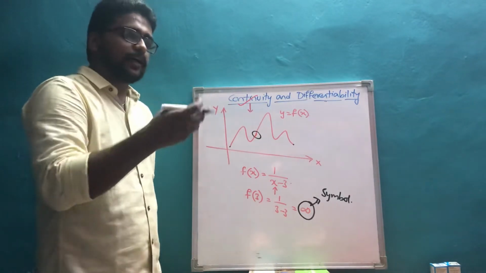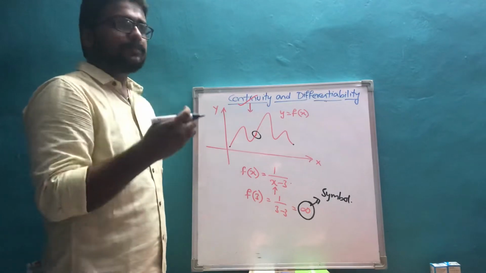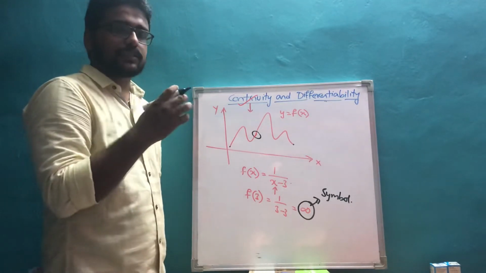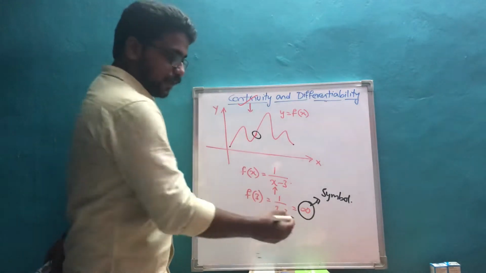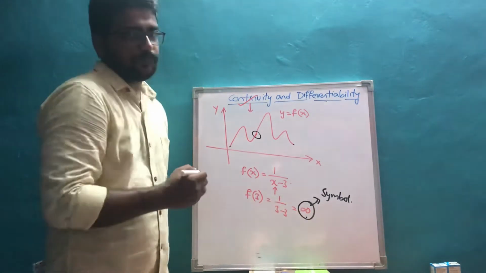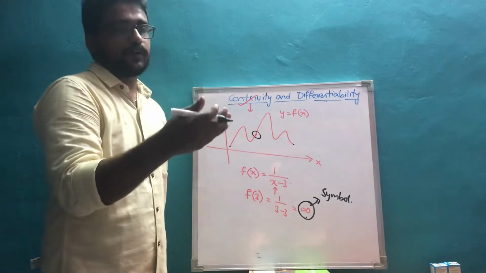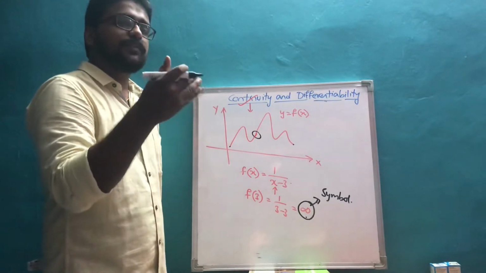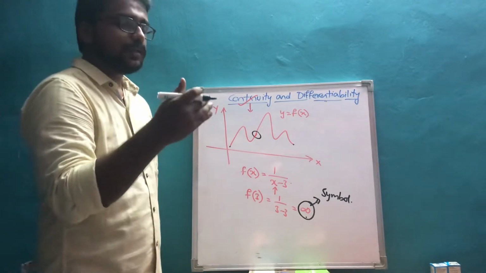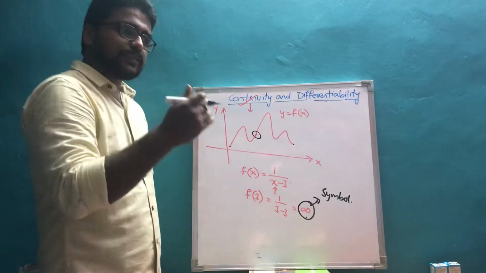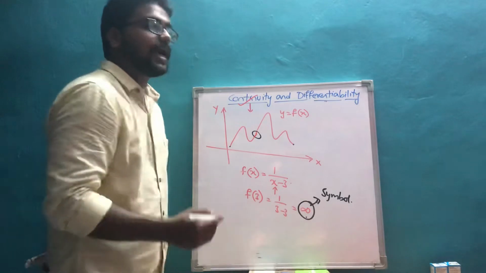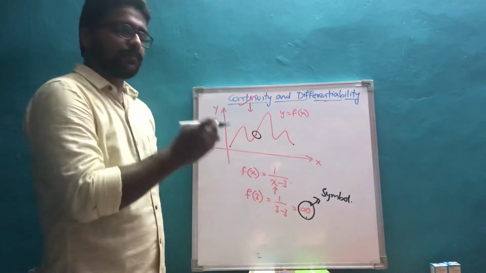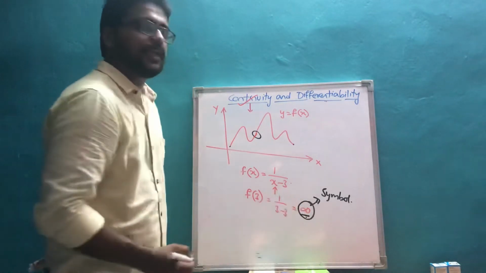Let me elaborate this part. For example, according to my knowledge, let us say 1 crore is the highest number for me. That means this 1 crore can be named as infinity. If you know 5 crore is the highest number, then 5 crore can be named as infinity. As this value changes from person to person, we are naming this as undefined. In mathematics terminology, we are going to call this infinity.